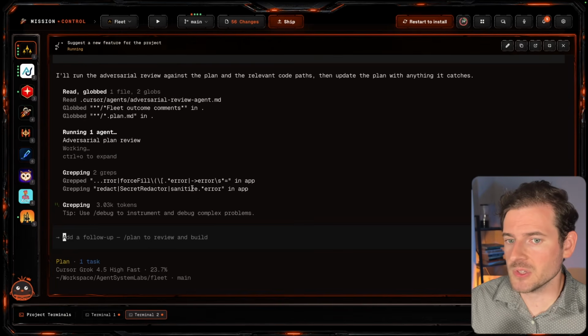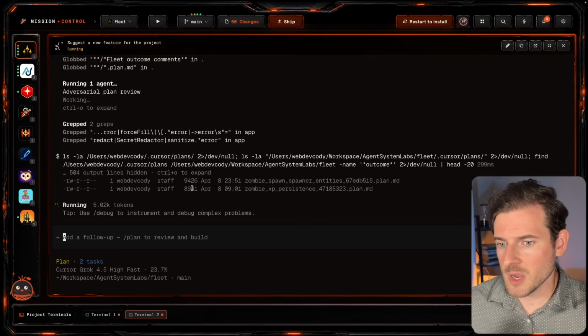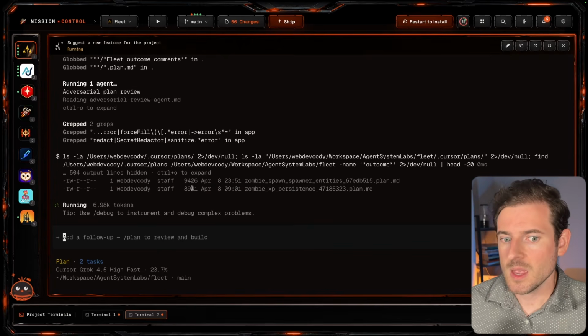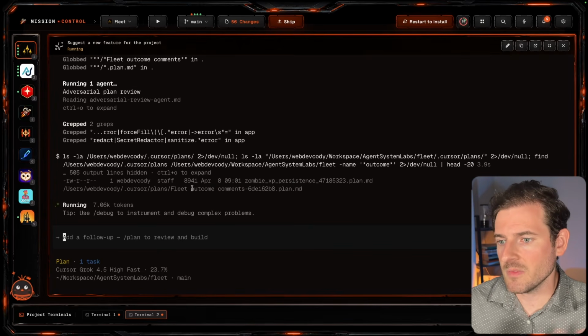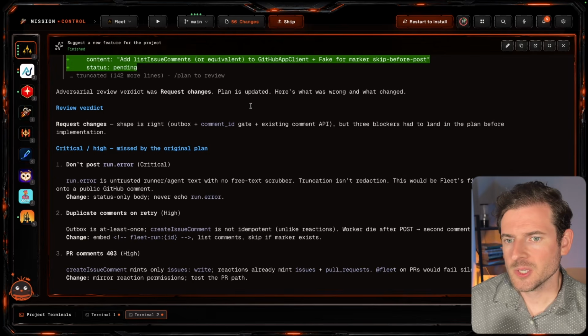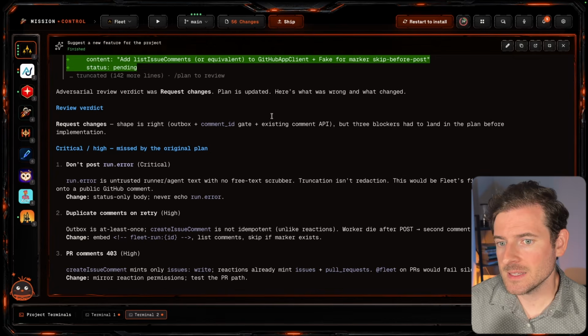Don't just do this adversarial review once. Often these models will cut off after a certain point. You can keep on iterating and keep on having it do it over and over again until the plan is extremely solid. All right, so their adversarial reviewer is done, and it did find 3 main blockers that had to land in the plan before implementation: